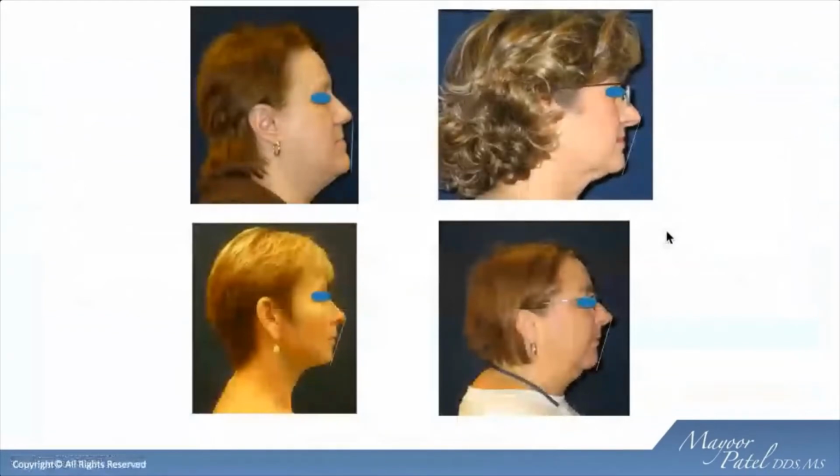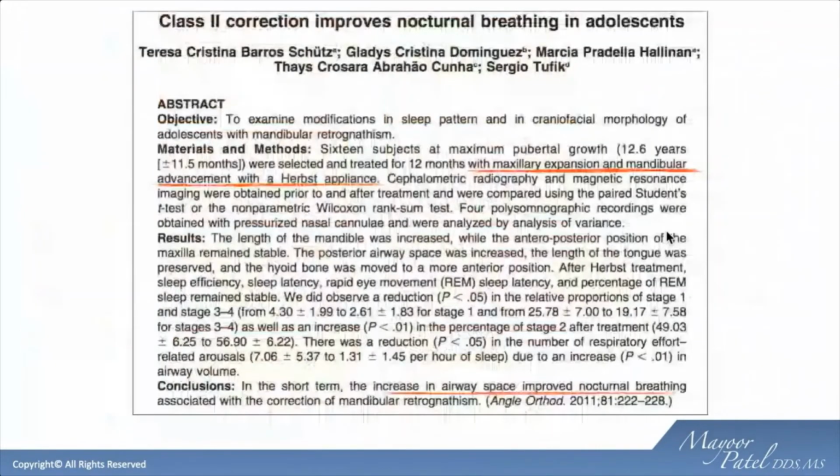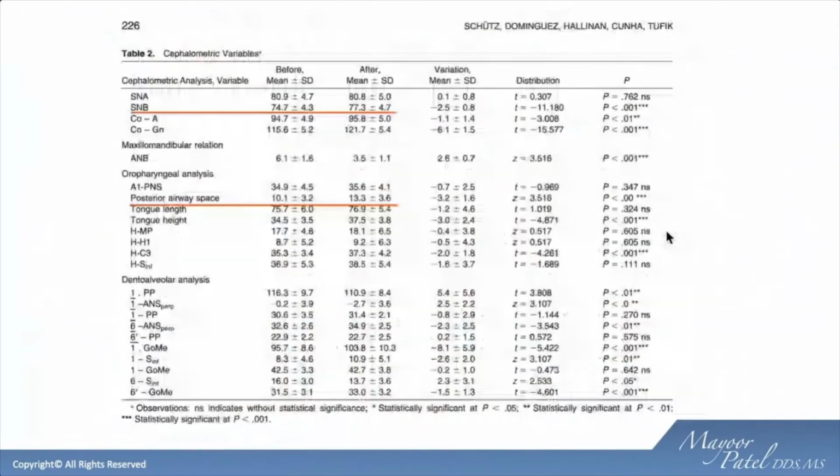But in your bicuspid extraction cases, you'll find different facial profiles. And when you get these patients evaluated and addressed, you'll start picking up on the fact that some of them, depending on what the sleep history is like, have obstructive sleep apnea. In this study right here, looking at 16 young teenagers, what they basically did is they had class 2 malocclusions, they expanded them, they brought the mandible forward, and what you'll find is the SNB point, which is where the mandible is relative to the maxilla, there was a significant improvement as far as its positioning before treatment and after treatment. And as a result of it, when you look at the posterior airway space, there was also improvement in the posterior airway space.